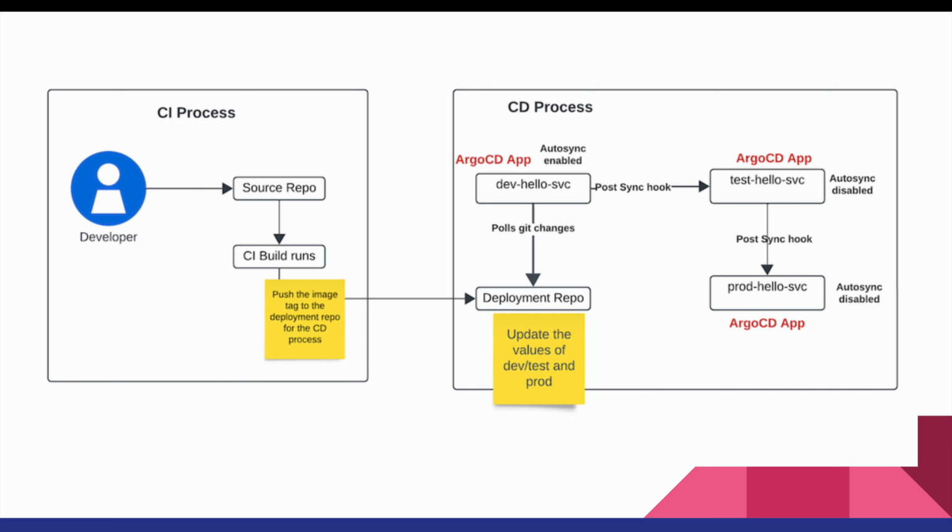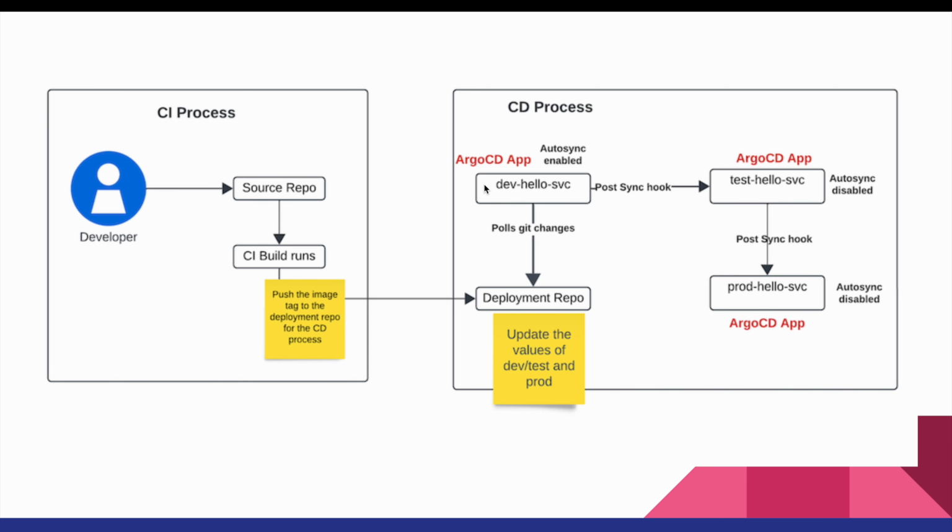So there is always only one commit to your deployment repo whenever any build happens. And this is your CD process. In my previous video I have also explained how you can design it, and what the deployment repo is. So in general, in Argo CD, your CI source repo is different and your deployment repo is different. There is no relation between these two. You have to build this relation using this process, like pushing the image, so that your deployment repo knows that, yes, something was pushed to my repo, now I need to act.